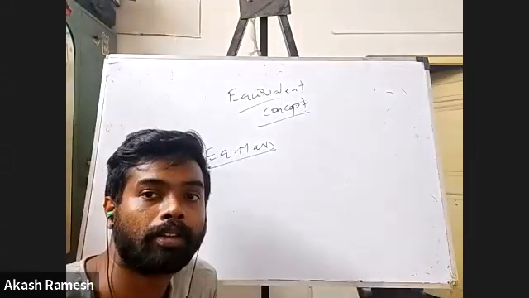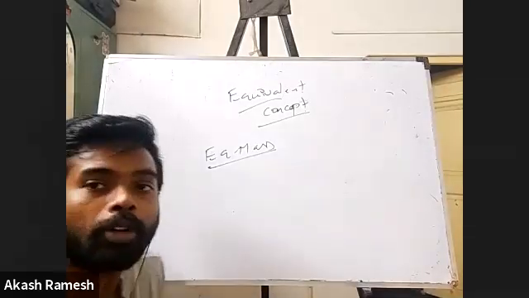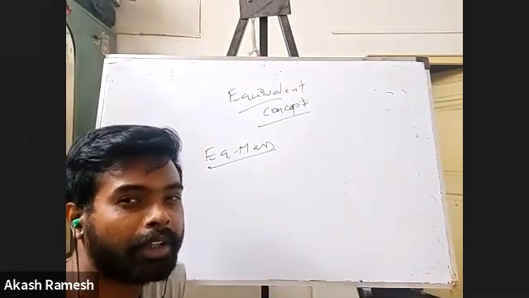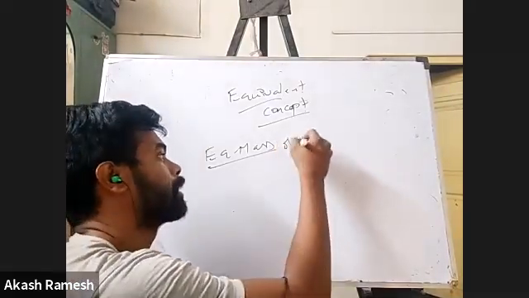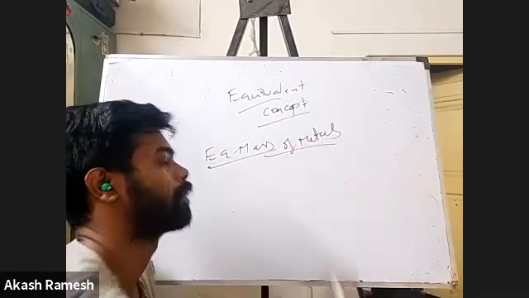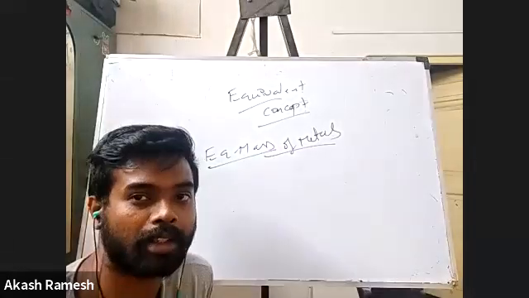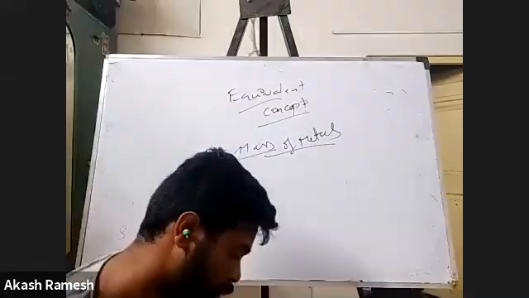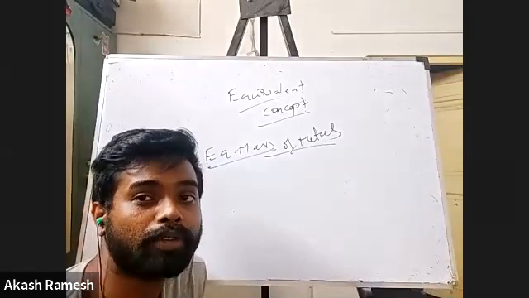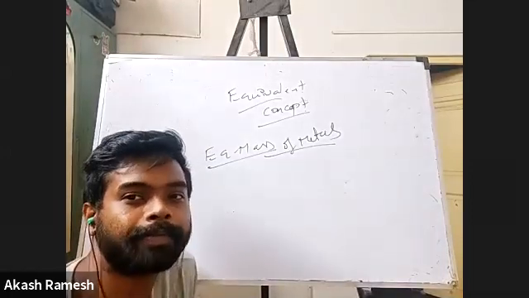Okay. So basically, we'll talk about equivalent mass. For different species, we have different things. We are talking first about the equivalent mass of metals. Equivalent mass of metals is what we're talking about, and from there we'll stretch it. Okay, fine. So it is the mass of the metal required